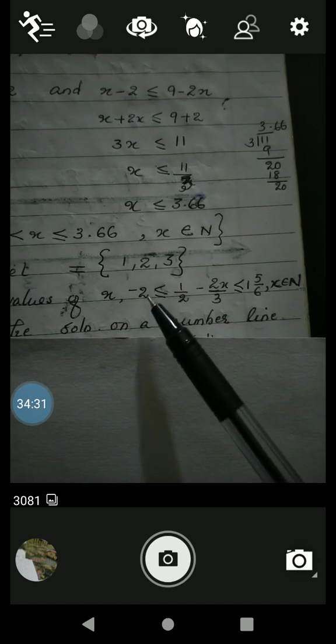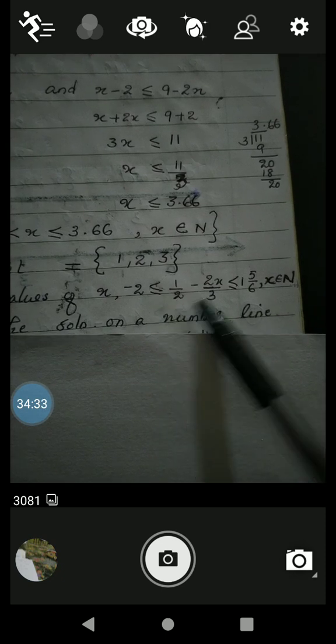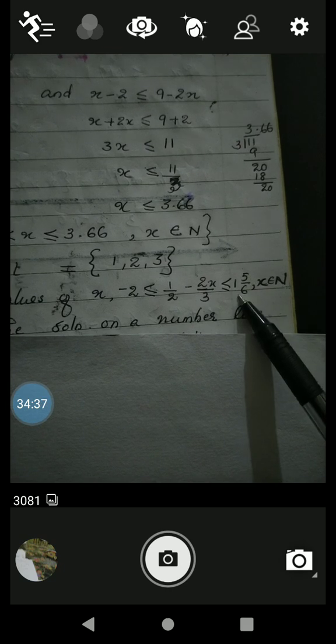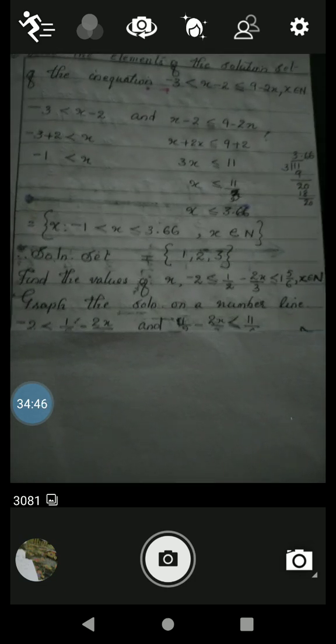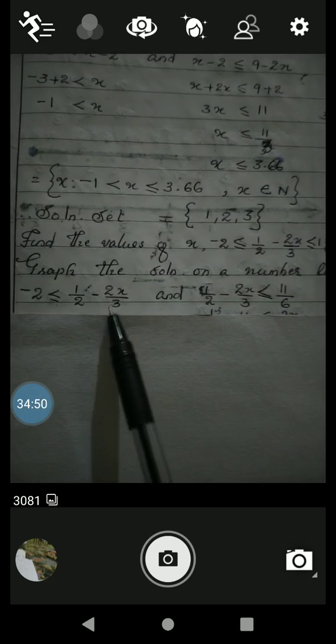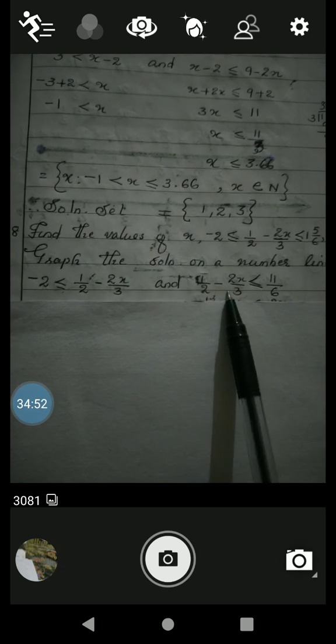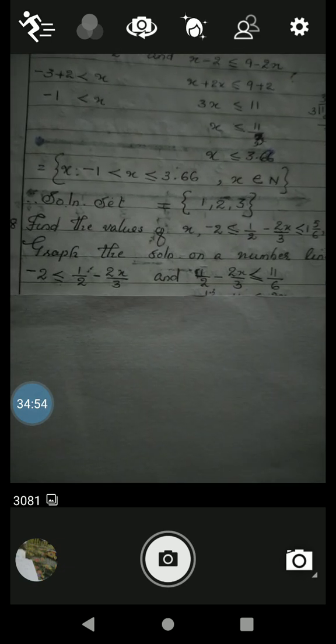The question is minus 2 less than or equal to 1 by 2 minus 2x by 3 less than or equal to 1 and 5 by 6, x belongs to natural numbers. Same type of question, and graph the solution on a number line. You can split this like this, and